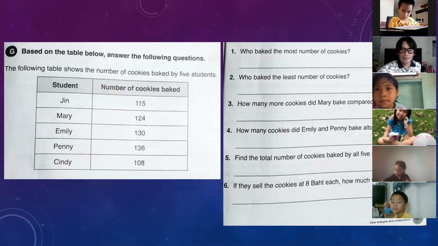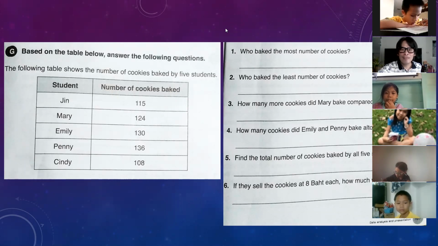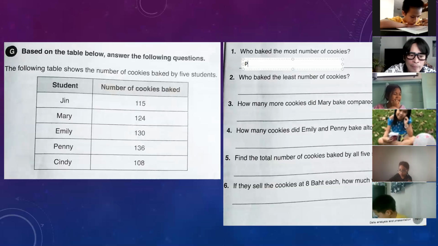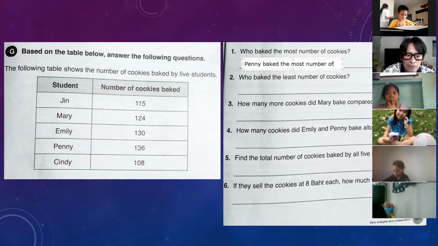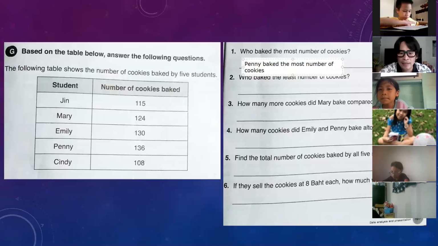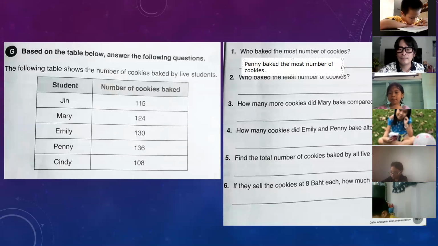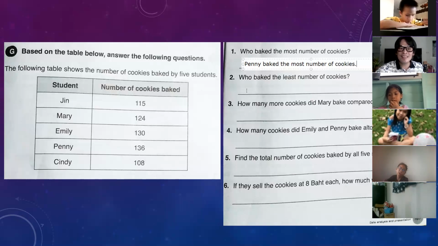Okay. So the number of cookies baked the most is Penny. I write Penny. Penny baked the most number of cookies. Okay, next. Who baked the least number of cookies? It's